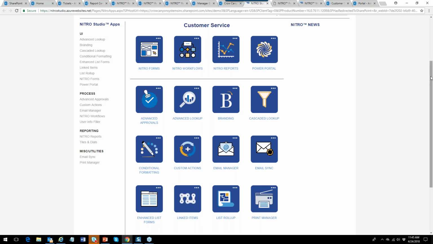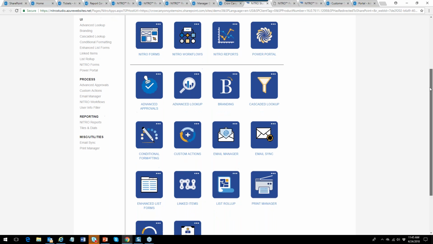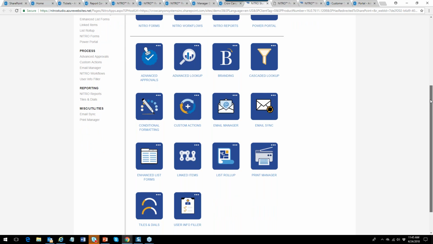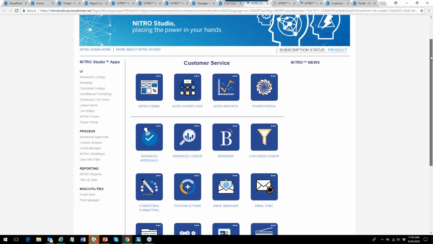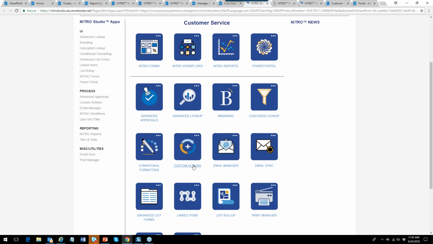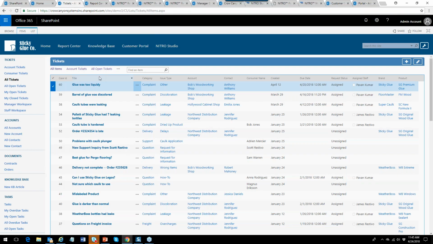But going into a little bit more here before the hour ends, it's been 45 minutes. One thing I like to show is the custom actions. So let's go in and look at the custom actions and do what we can here. First of all, as a background on custom actions, let's take a look back at the tickets list here. So when you open up a form,